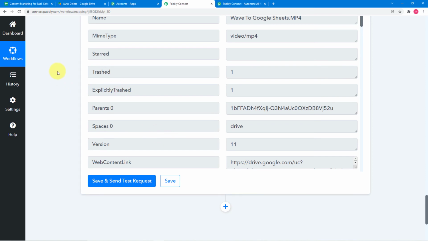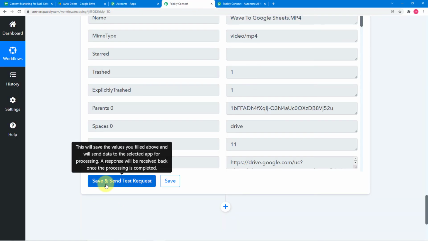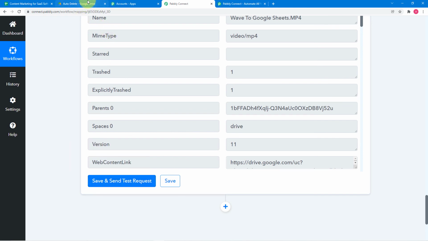Let me show you. I'm going to this auto delete folder again, and you can see we have no file here right now. Okay, so this is just to check if our connection is working fine, and our connection is working fine here. As and when I clicked on save and send test request, the file is deleted from this folder, right? Now you just have to click on save,